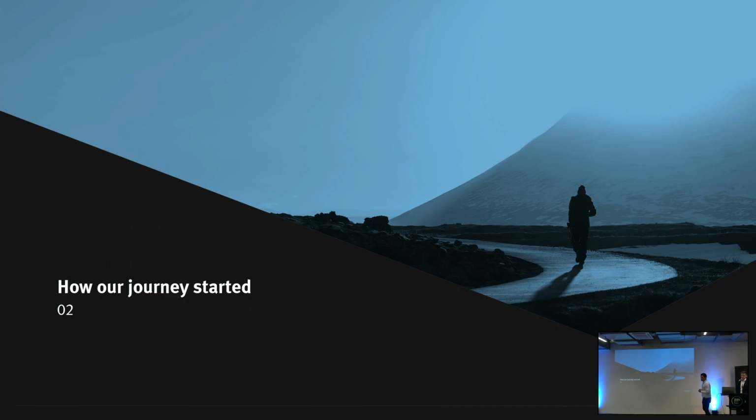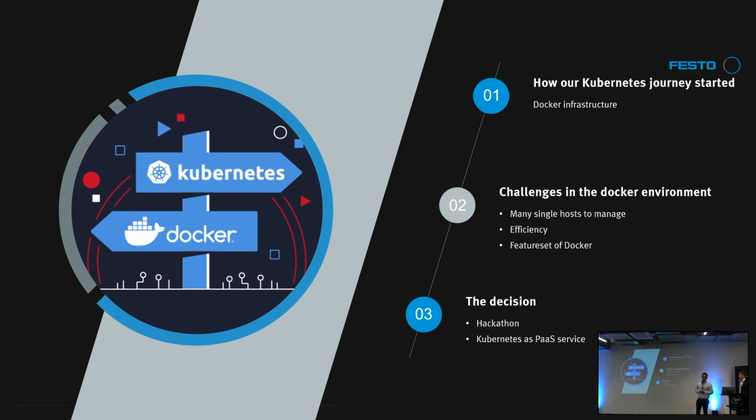Now, I will also take a look at the past, because we didn't just say now we are doing Kubernetes. We had a little journey to that point. First of all, at Festo we started using single Docker hosts, and this took about 2 years. We had about 50 Docker instances at Festo, and then we saw we were having some, not major, issues, but we had some more work to do here.